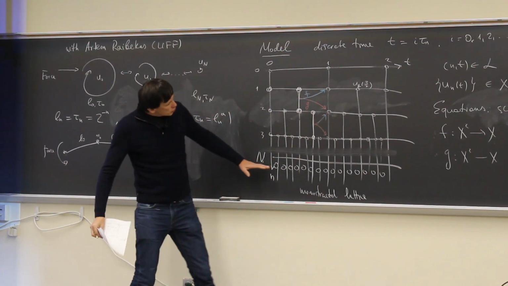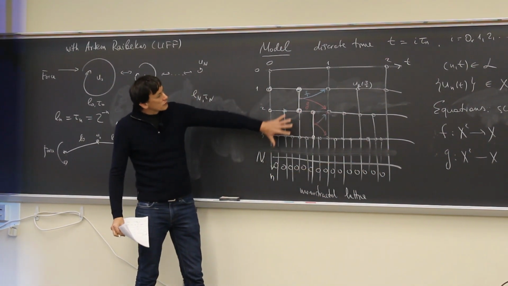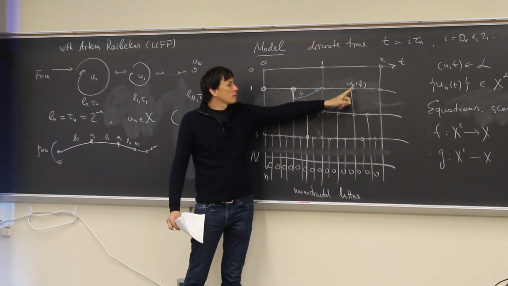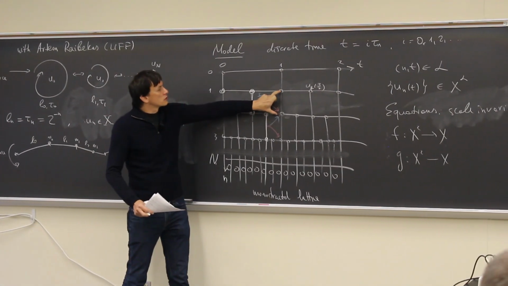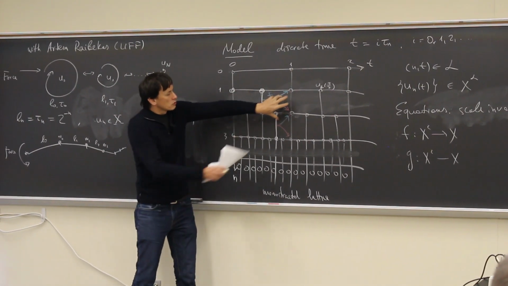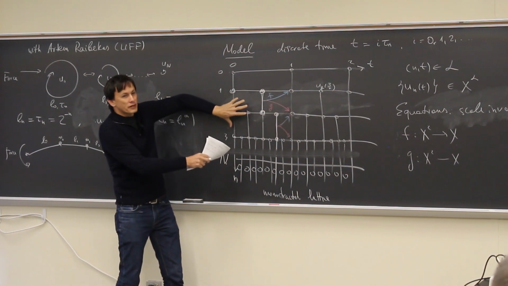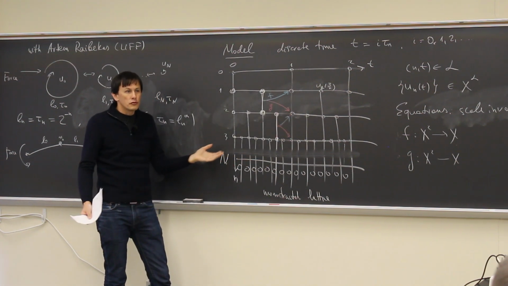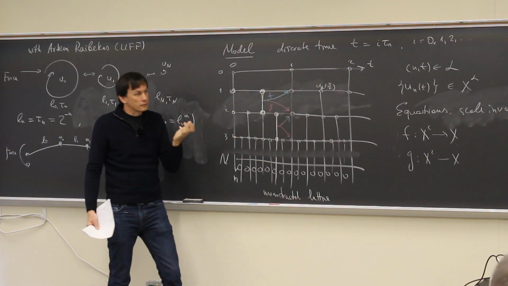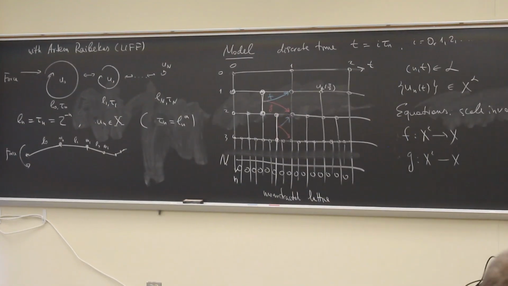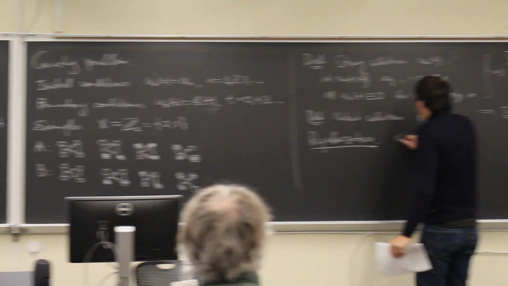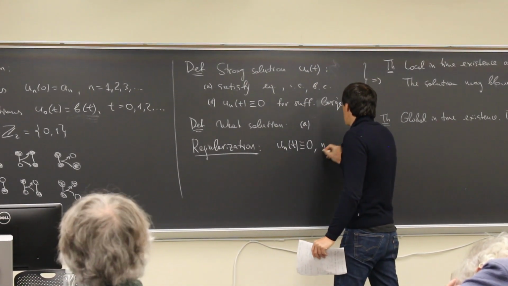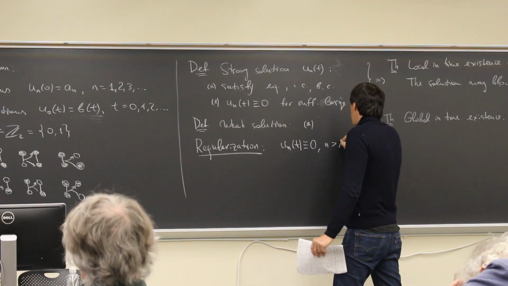and just put 0 below by force. Whenever we put 0 below a certain level, what is there is uniquely defined. You can follow this because what happens at every node is given by previous nodes. So there is just a finite number of cells, and there is a unique way to define the solution for all times. So the regularization is given by demanding that u_n(t) is 0 for n bigger than N.